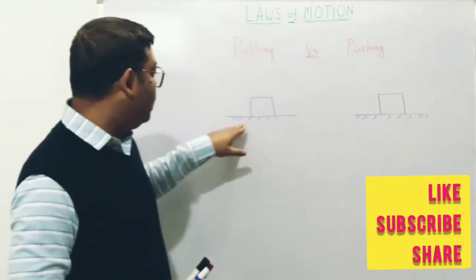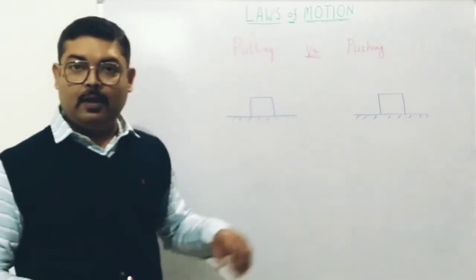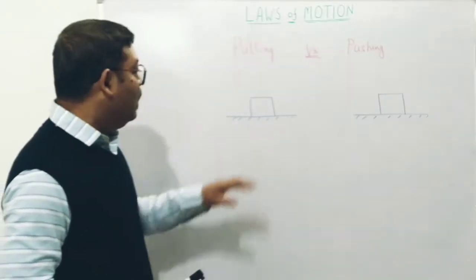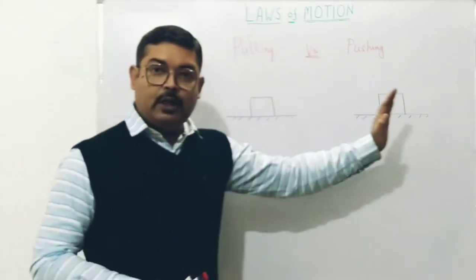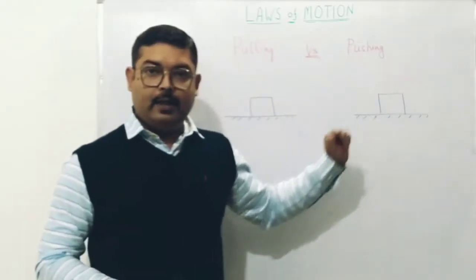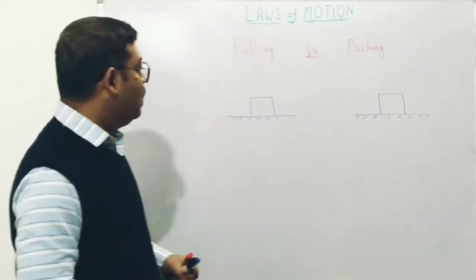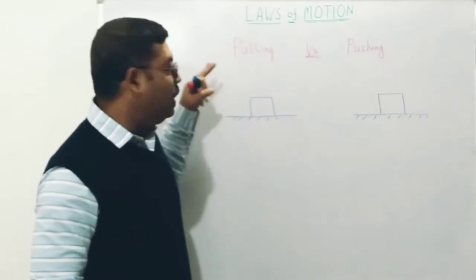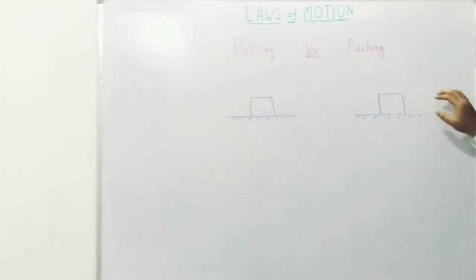The symbol for a rough surface is the surface line with dashed lines under it. It represents a rough surface, or a surface that is offering friction. Now let's say there is a block of mass m standing on it, and we want to push it or move it towards the right. So we can do it in two ways. Number one is that we can apply a push to it from behind or from a little upward side, or else we can pull it, right? Apply a force and pull it in a direction.